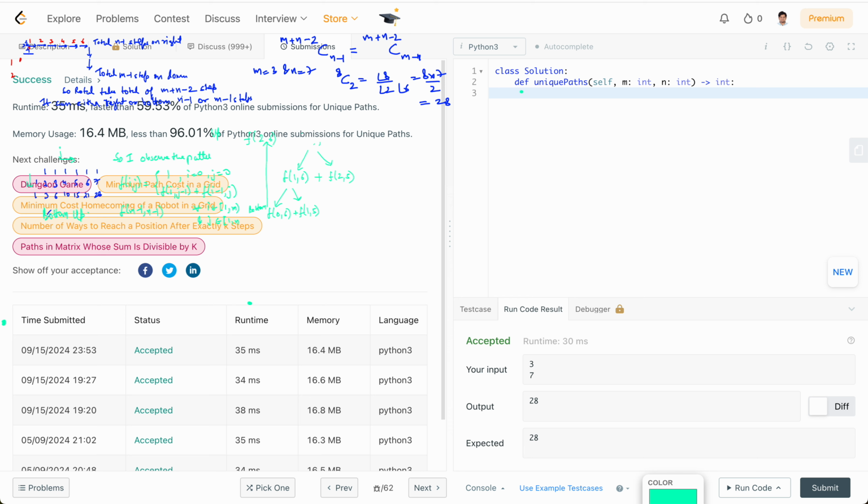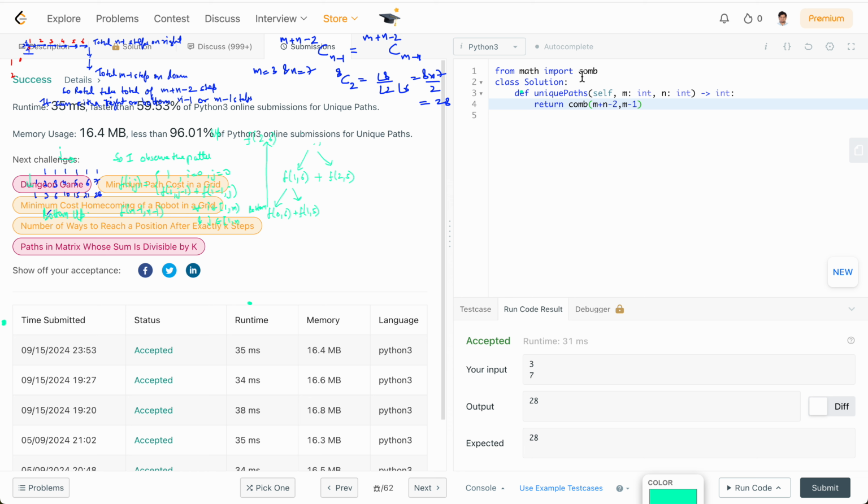To get the combination function, we can directly do this from math. So we can say from math import comb, and that will give us directly the unique combination that we are looking for. So we'll directly do combination of m plus n minus 2 comma m minus 1. So that would also work,